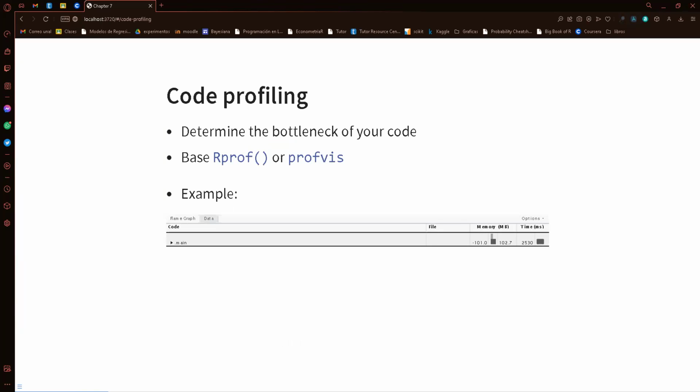So first, for the code profiling, as I was mentioning before, the objective of code profiling is to determine where the bottleneck of your code is, so you can know what you need to optimize. We can use the base Rprof function, or we can use the profvis package. The profvis function, we write it like this. In this example,